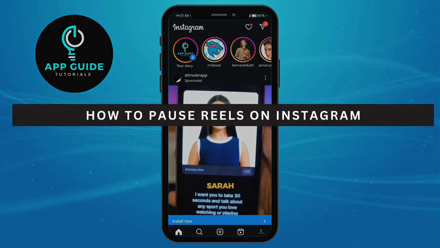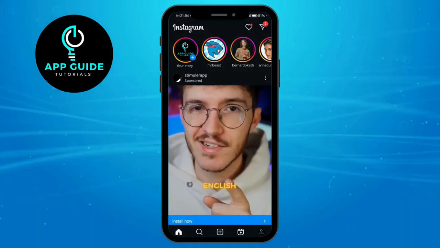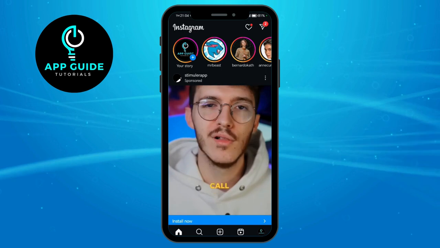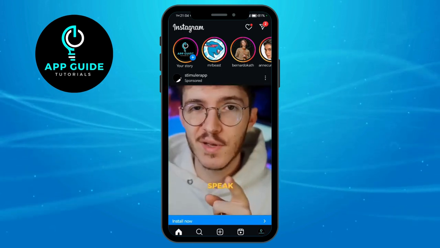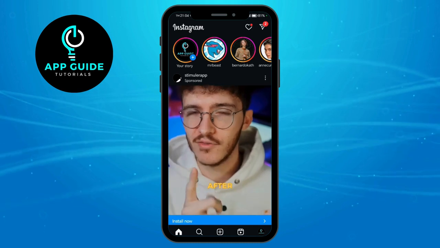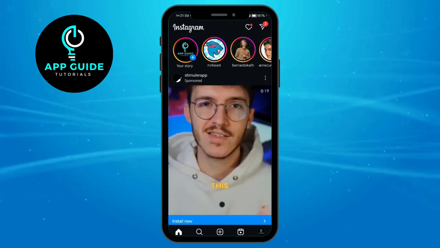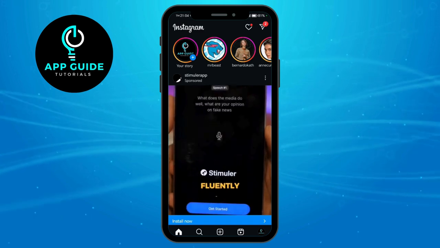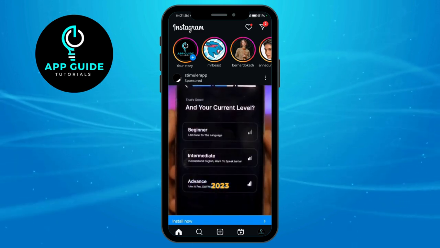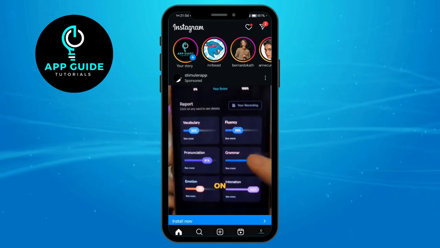How to post Reels on Instagram. The earlier update of Instagram doesn't allow Reels to be posted by the user. And before, once you tap on the Reel specifically, it will only mute the Reel and won't be stopped in any way. But the recent update of Instagram allowed the users to post their Reels that they are watching and